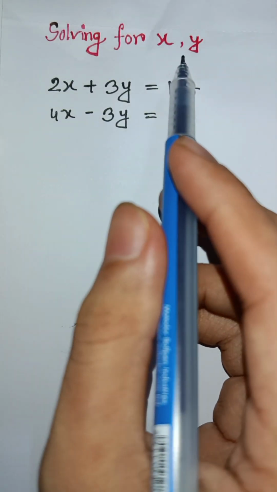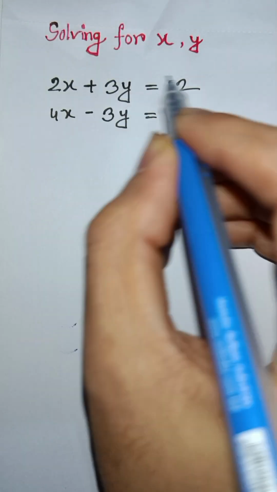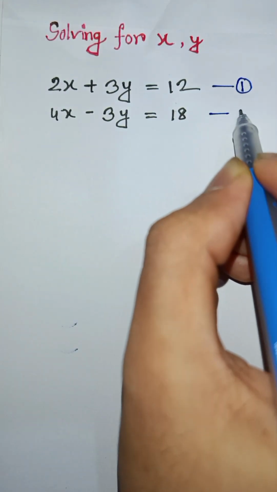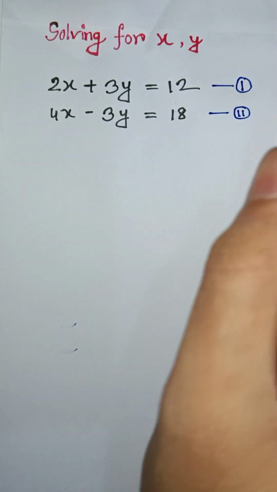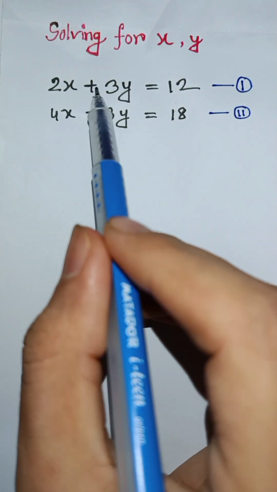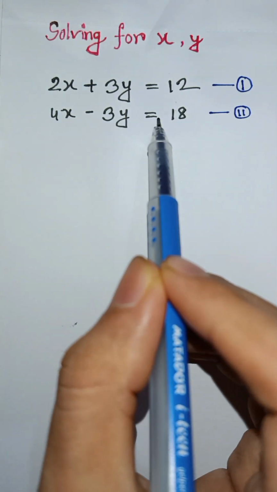How to solve for x and y? Let's solve together. Let's suppose the expression is equation number 1 and this one is equation number 2. Observe these two equations. Here 2x plus 3y equals 12, 4x minus 3y equals 18,